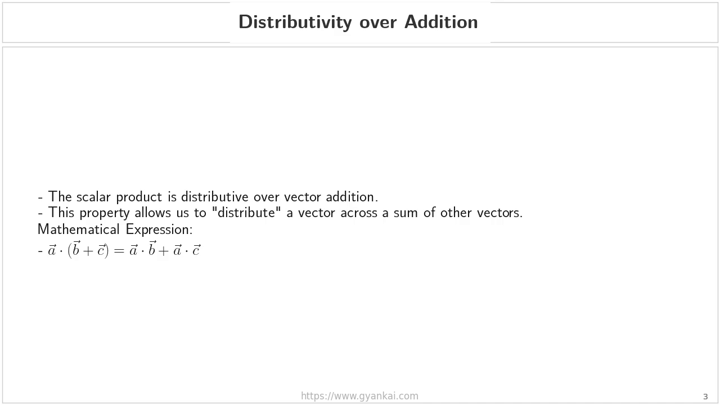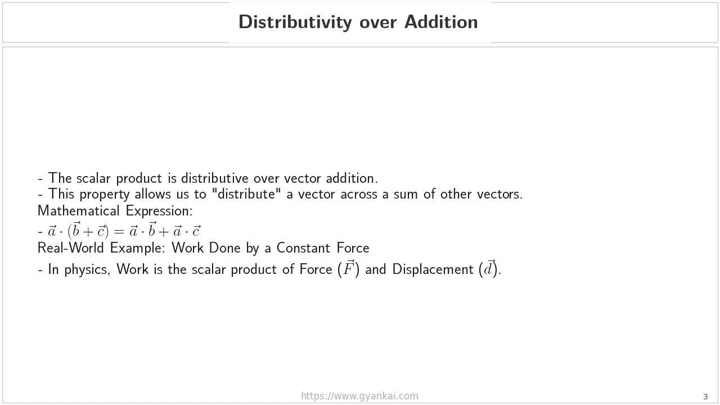If you look at the mathematical expression on the screen, you'll see vector A dotted with the quantity vector B plus vector C is equal to vector A dotted with vector B plus vector A dotted with vector C. To make this concept more concrete, let's look at a real-world application in physics, the concept of work done